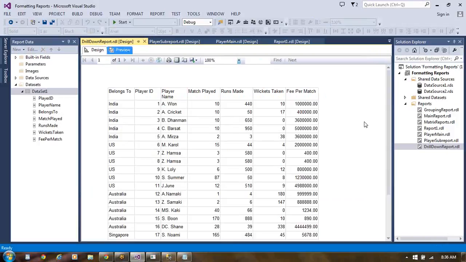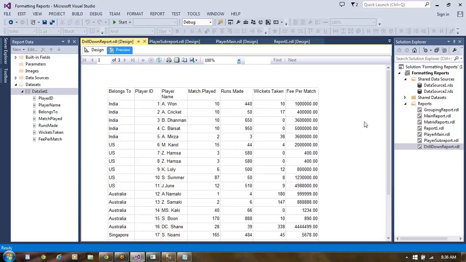Now we need to make it drill down or drill up. Like that we can make it. For that purpose, we can be adding a group in this. Based on the group, it can be made here. So we should be grouping this particular thing, and based on that, you can make it.